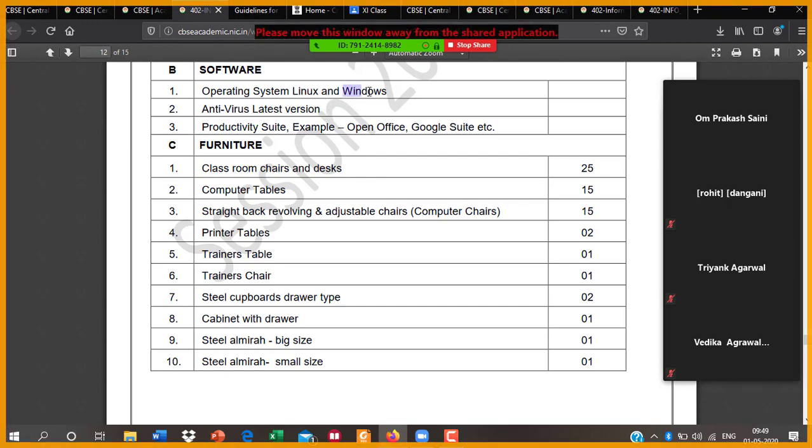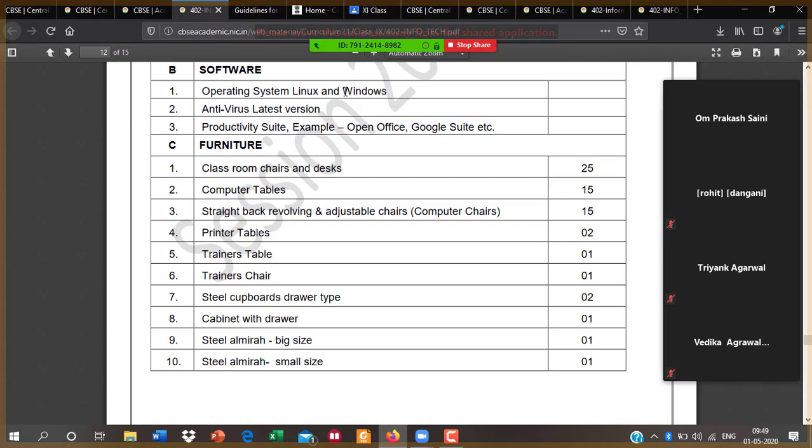And the Windows operating system: currently the latest version of Windows is Windows 10. You can perform this operation in Windows 7, Windows 8, Windows 8.1, and Windows 10 also. But I suggest that you kindly do not use Windows XP. XP is an older version of Windows, so some applications do not support Windows XP.